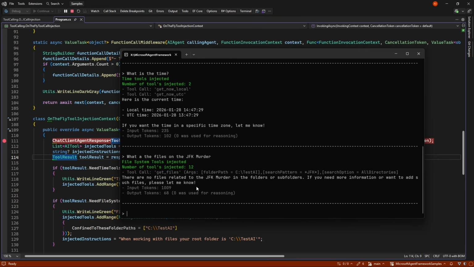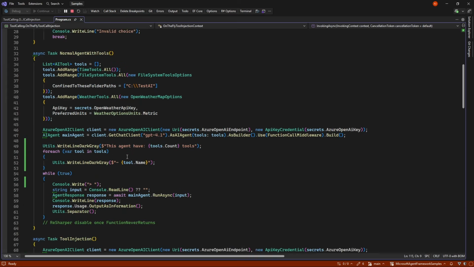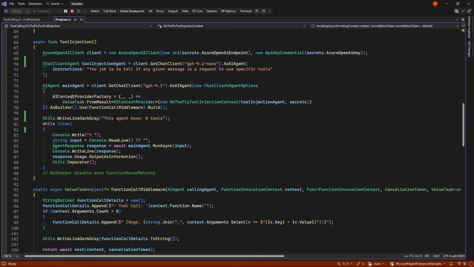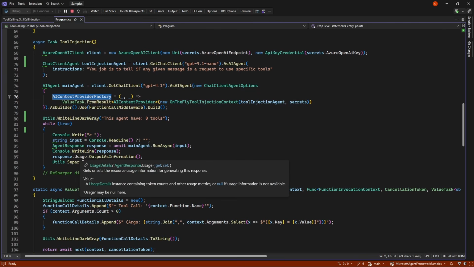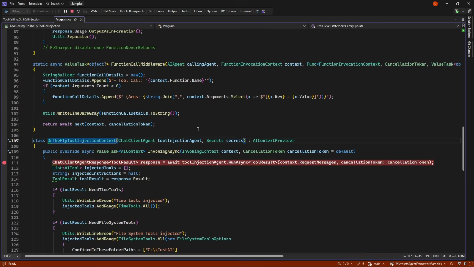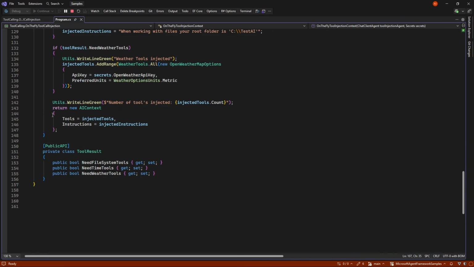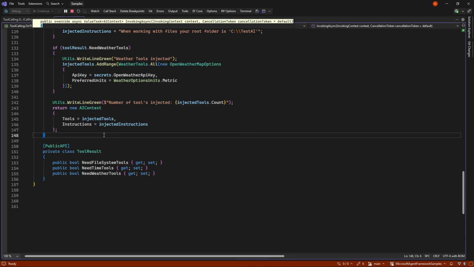So that is how you do it. Again, you set up the context provider. We do the injection, and on the fly, we use an agent in here instead of just the main agent to get what we need, and on the fly, give it back AI context before the real LLM call. So really cool trick, a really good way of saving a lot of tokens.